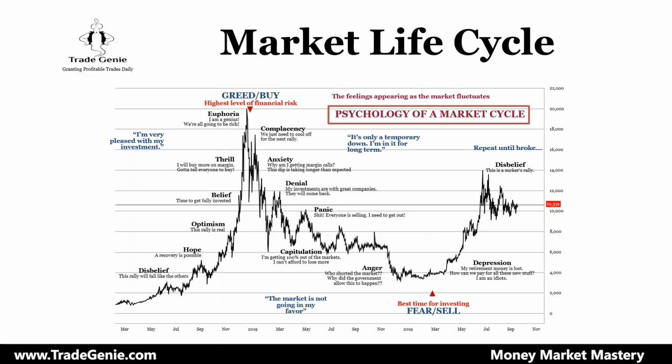And last is this chart I saw somewhere, so I created it. I'm not saying the market is doing exactly this, but this is the way the market works. In the beginning, there's belief, the market is going up, then there's hope, there is optimism, and then there's belief here, the thrill, and the euphoria sets in. And then the market has complacency and anxiety, denial, panic, and anger, and then everybody goes home,